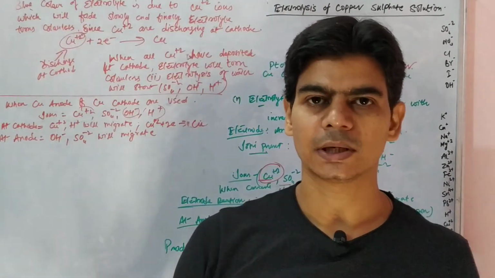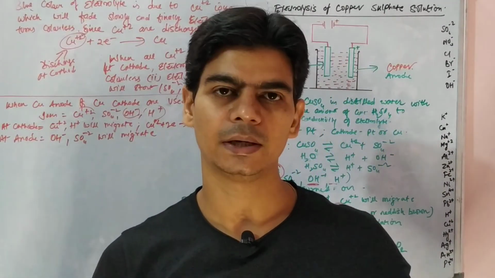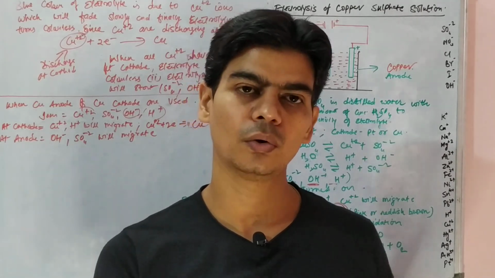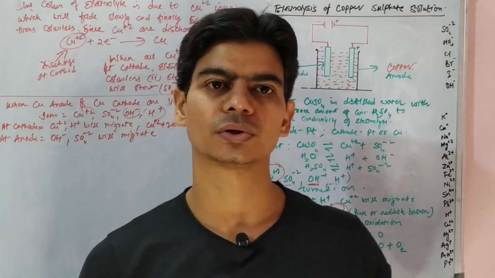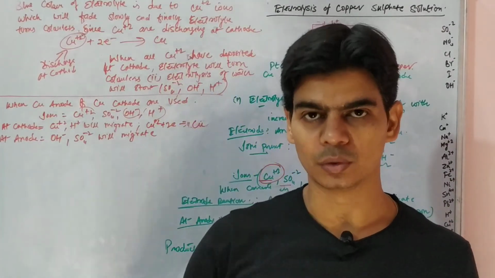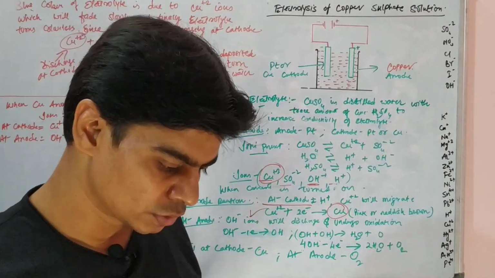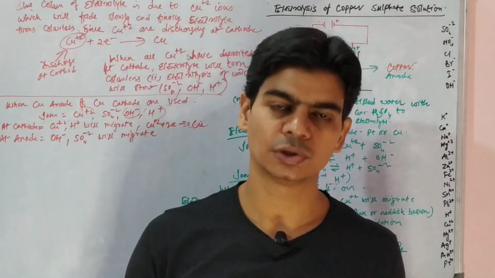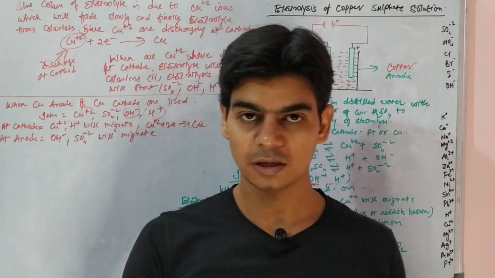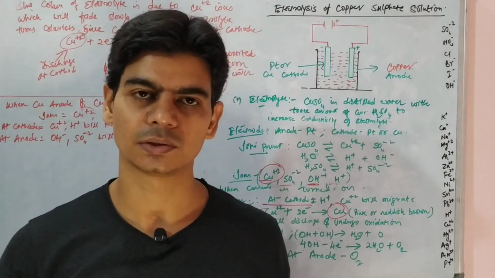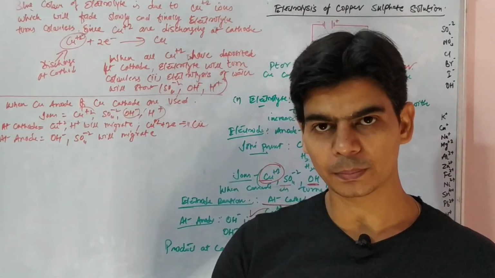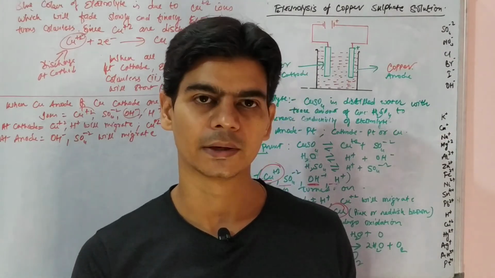When OH ions and sulfate ions both migrate to the anode, since these are anions, they will undergo oxidation. Oxidation means loss of electrons. But we have a copper anode in this case. Hydroxyl ion has a tendency to lose electrons, and similarly sulfate ions have a tendency to lose electrons. Now if we look at copper metal, the tendency of copper metal to lose electrons is higher compared